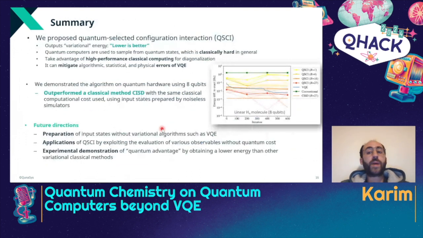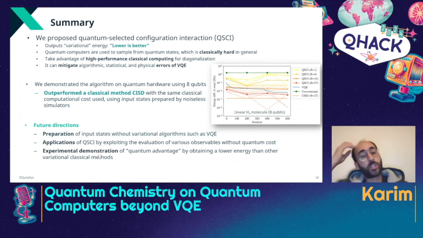So in summary, this method is very promising because, one, it obeys the variational principle, requires fewer resources than the standard VQE, and also you can run this with shallower circuits. But of course, at this level, we were still using VQE as our input state. So a future direction will be to use a different method for the state preparation, and also to test this on bigger molecules to have a better demonstration of the quantum advantage that you would get from this